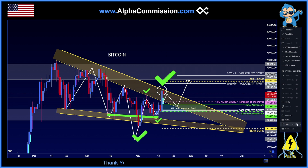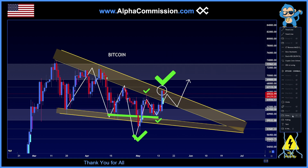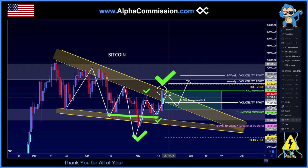We are above that big alpha energy. Guys, I put a lot of thought into this system that I've developed, so please respect the momentum pool, guys. We can have pullbacks as deep as the bottom of our momentum zone here at 61,805. But really, to keep that bullish bias, I really only want to tackle this fair value gap here